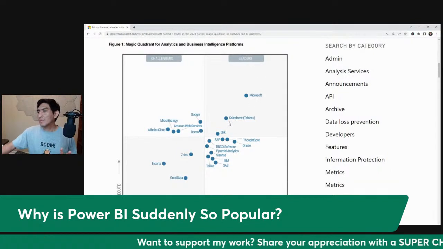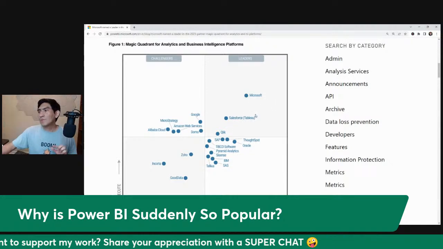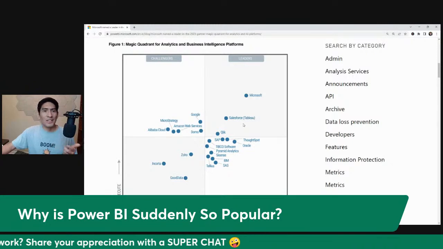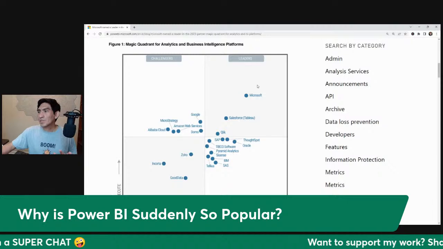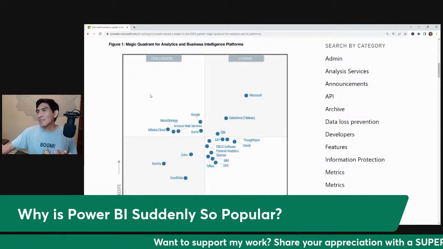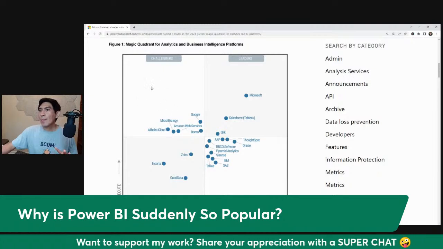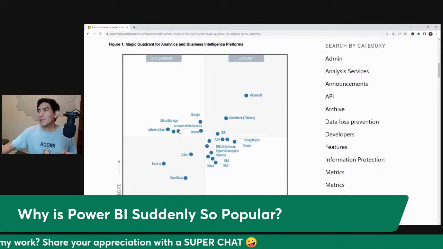So leaders, as you can see, here is Microsoft. Microsoft is definitely ahead of all of them. After Microsoft, we have Salesforce, in this case Tableau, and then Qlik. They also want to be leaders, but Microsoft is leading the race here. For challengers, we have Google, MicroStrategy, Amazon Web Services, Domo, Alibaba Cloud.